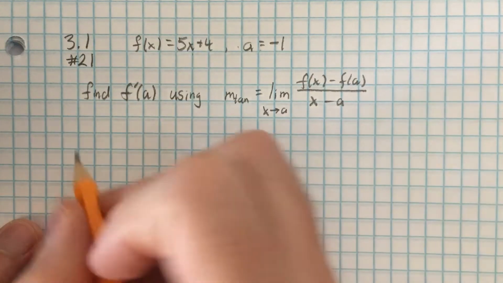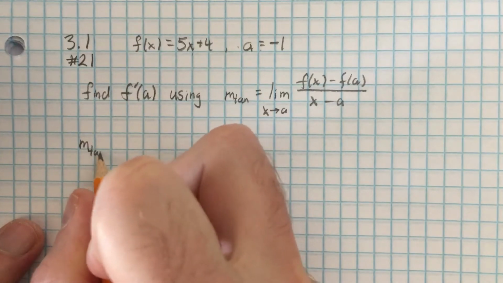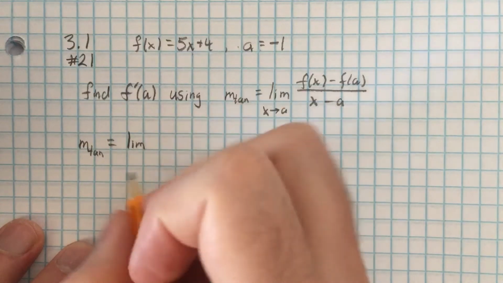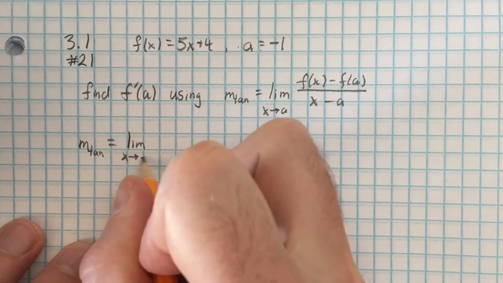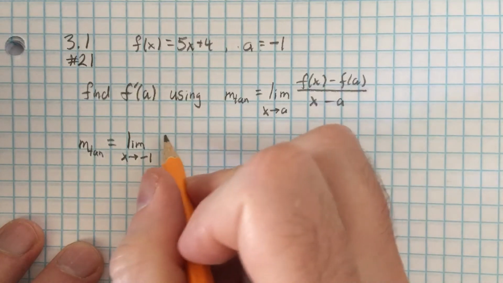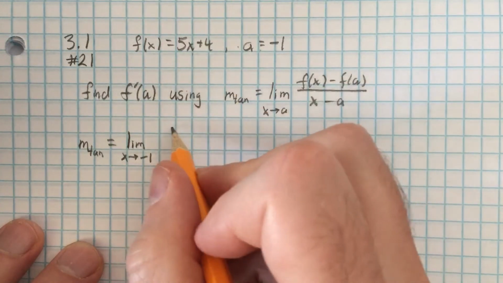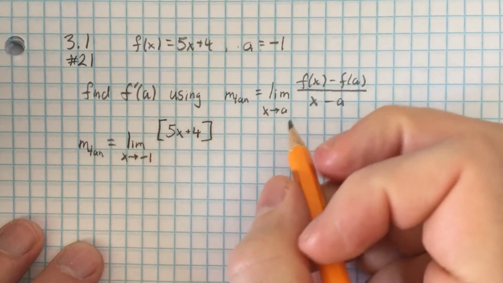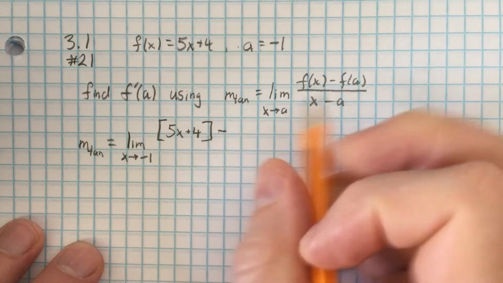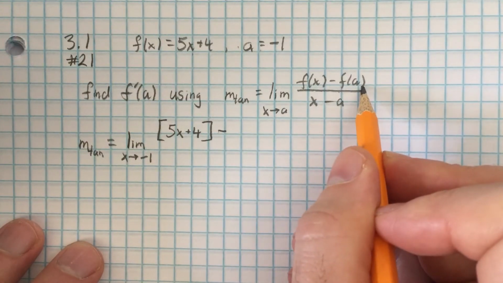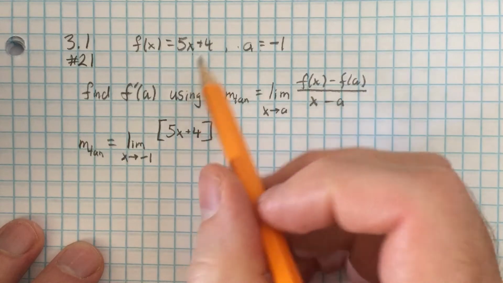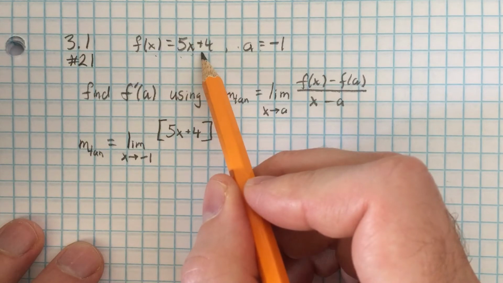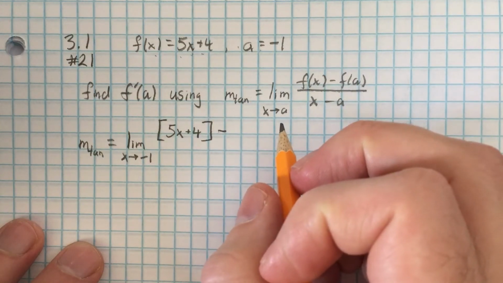So we'll have m tan equals the limit as x approaches -1 of f of x, so I leave f of x unchanged, 5x plus 4, just put that there to accentuate it, minus f of -1. So f of -1, if I plug -1 in here, I'll get -5 plus 4 is -1, back again it turns out,